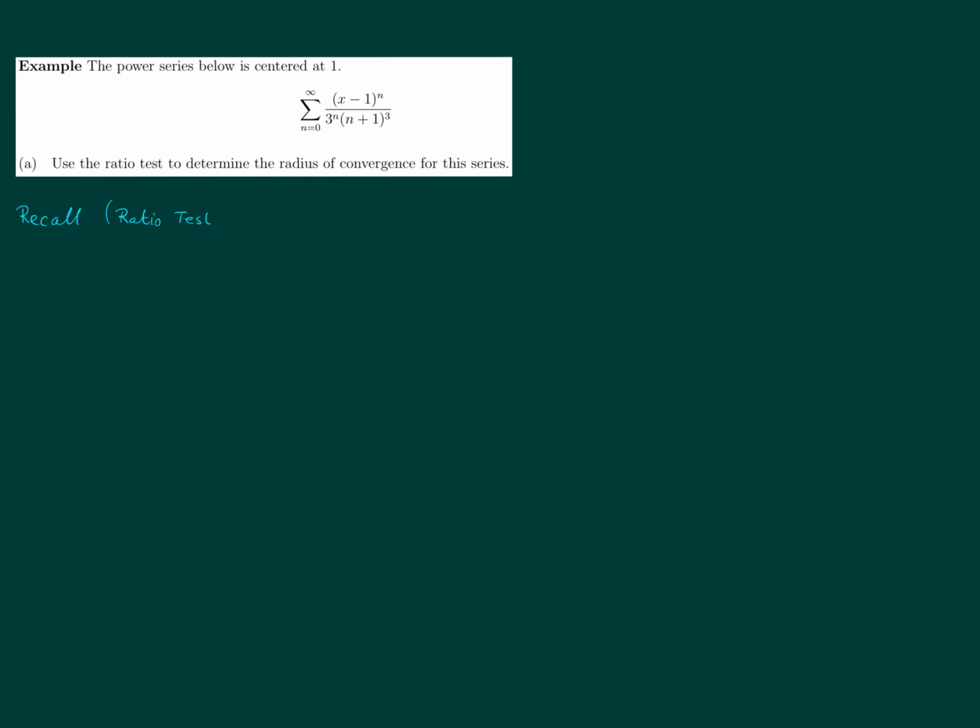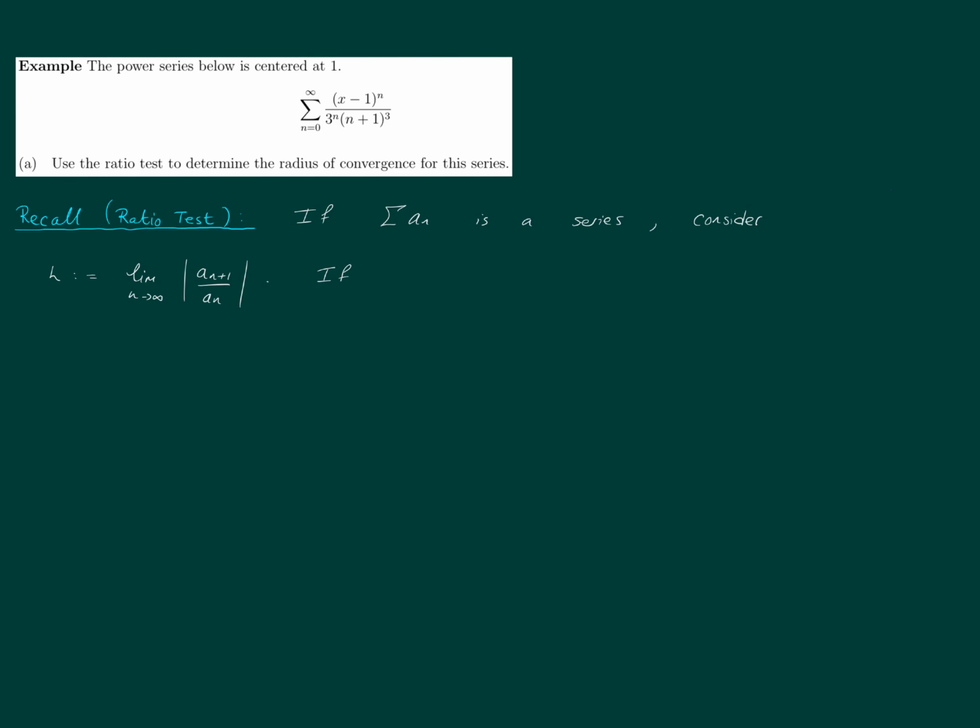Okay, and remember, the ratio test was written in terms of a series, not a power series. So when you're applying it to a power series, you have to think of x as fixed and as the (x minus a) to the n as being part of the an. So the ratio test, if sum an is a series, consider L defined to be limit n goes to infinity, absolute value of an plus 1 over an,